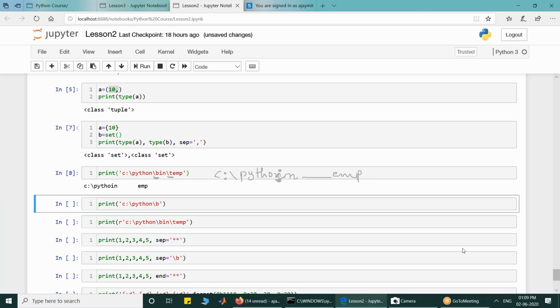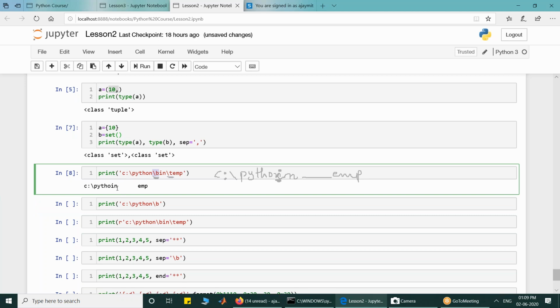Yes, rightly said. No, Shreyash, you have not written in after o. So look at the output on the screen. It should be pytho, then followed by in, because \b will put the cursor below n. I will overwrite n and then next in will be written and then tab will come and then emp will come. Just quickly write down whether it is clear to everyone or not. Shreyash has written okay.